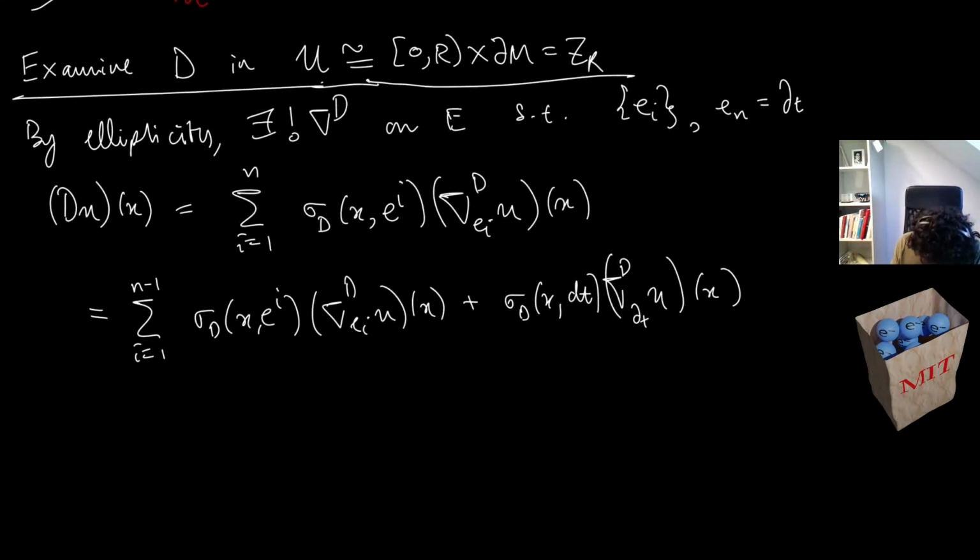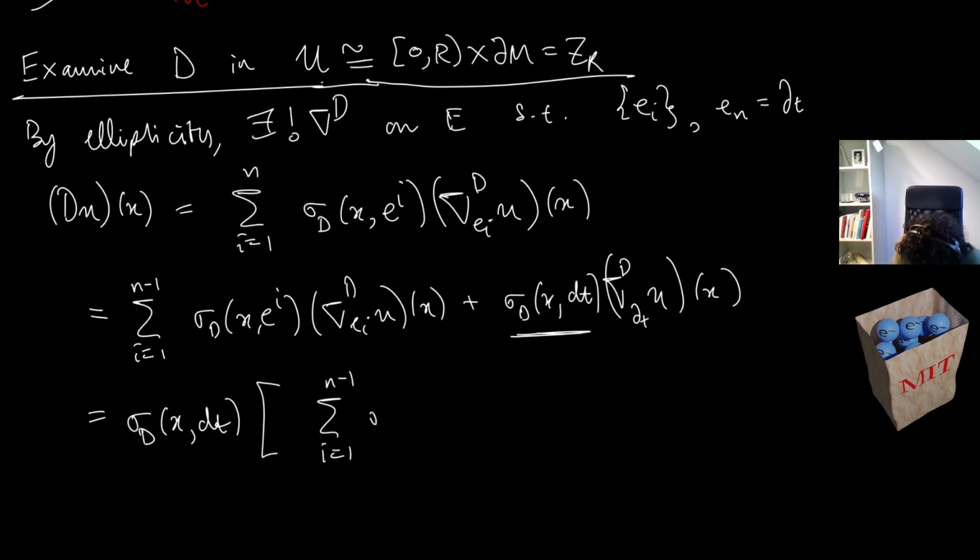So my operator is elliptic, which means that these symbols are invertible. So let me do that. Let me pull out this symbol here, right? So I'm gonna do a couple of things. Let me do it in steps. So first let me pull out dx dt. So now I end up with i equals 1 to N minus 1 dx dt inverse